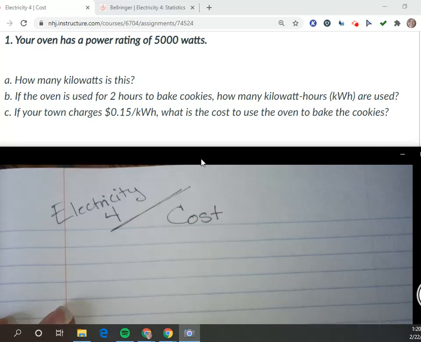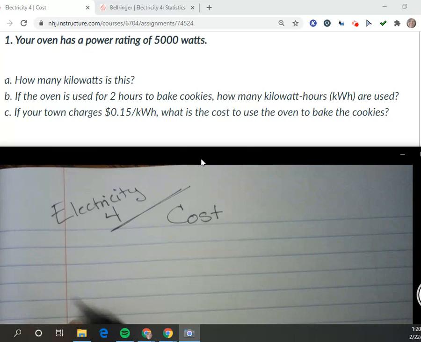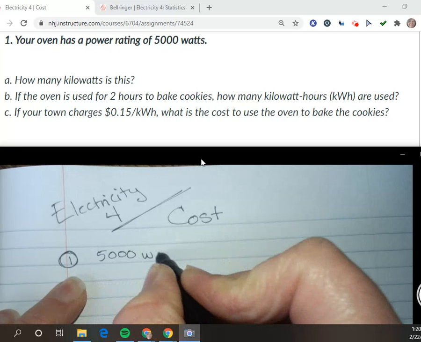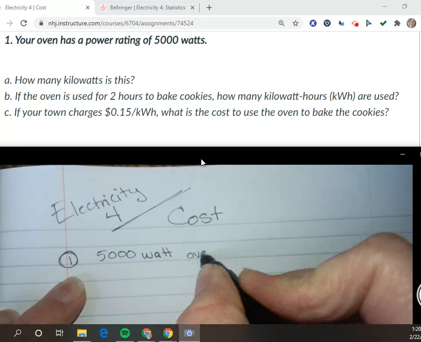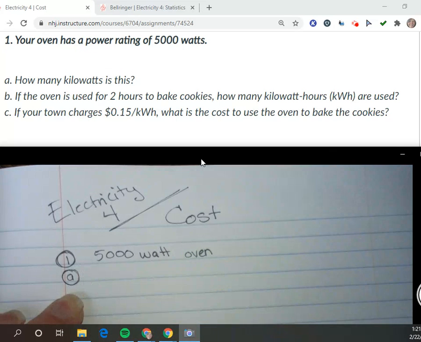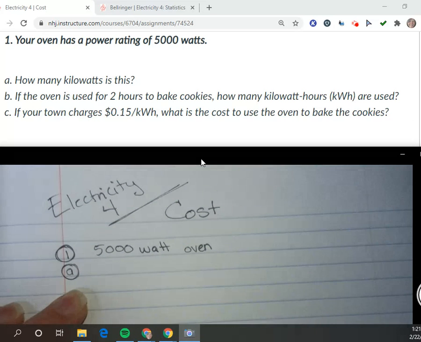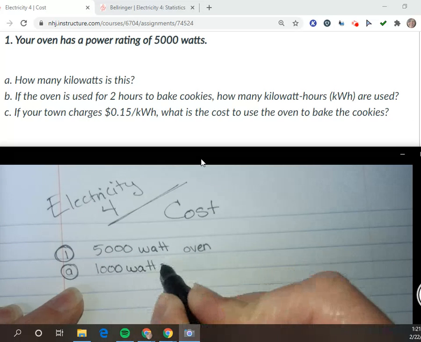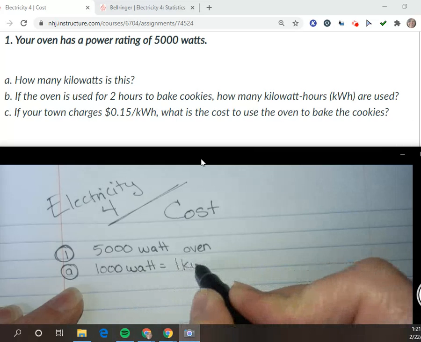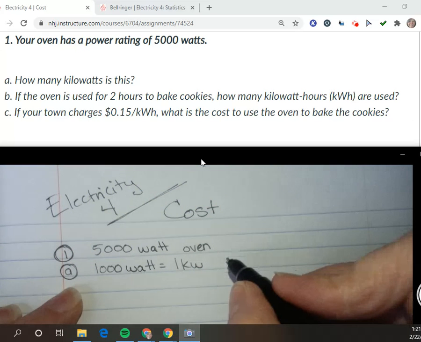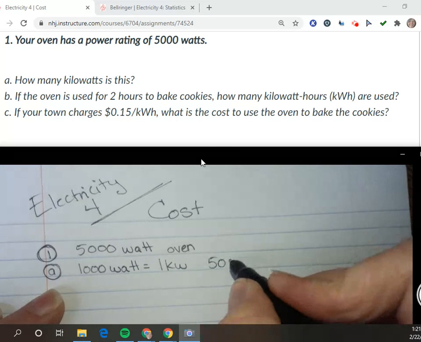Okay. So the first one says your oven has a power rating of 5,000 watts. So we're going to say 5,000 watt oven. And the first question says, how many kilowatts is this? Well, if I know that 1,000 watts equals 1 kilowatt, then I can figure out how many kilowatts this is. So I would say 5,000 watts